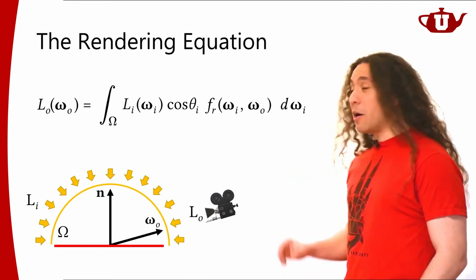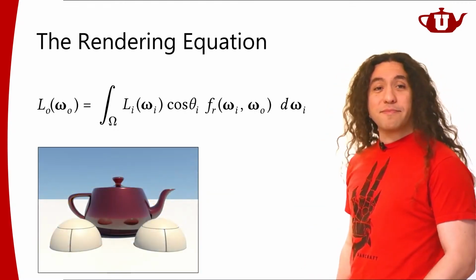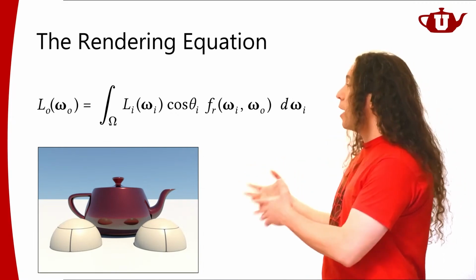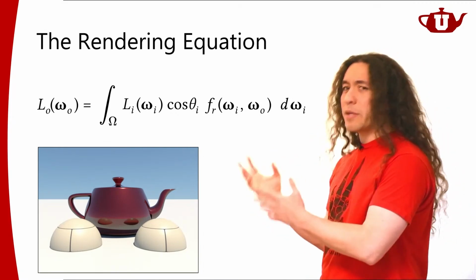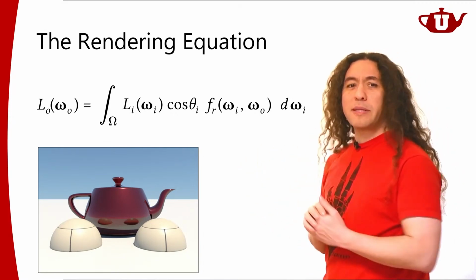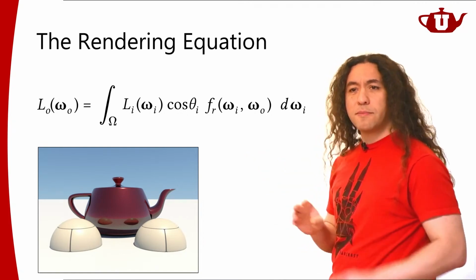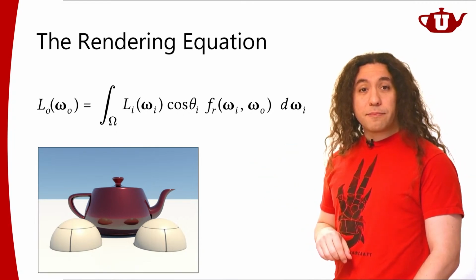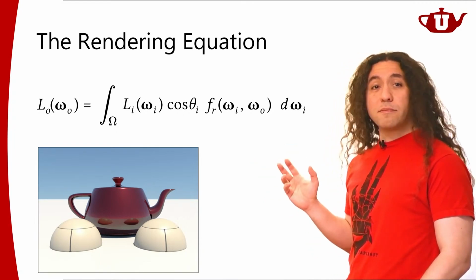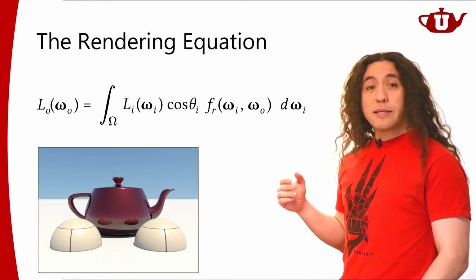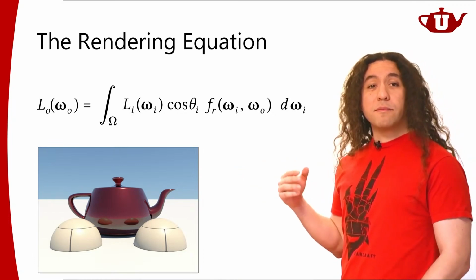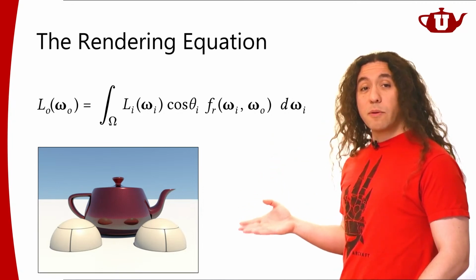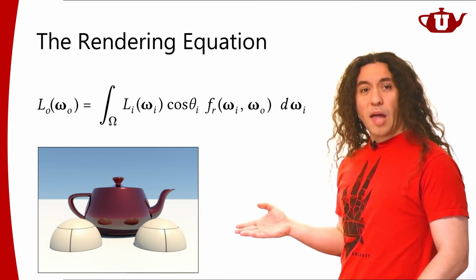All right, so here's an example scene. Let's say that we're interested in shading this teapot. Let's pick a point on this teapot, and that's the point that we're trying to shade. All right, so what is the light that's coming to that teapot? The light is coming from all directions, right? Some of the light is coming from the light sources in the scene, but some of the light is actually coming from other objects.